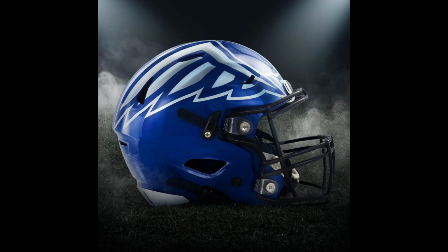The helmet harkens back, and it reminds me of a time when I was a little kid. Bear with me here, guys. I'm going to take you to a little bit of story, and I'm going to give you a little bit of what Tyler was like when he was younger. When I was a kid back in elementary school, especially in early elementary school, in first grade, second grade, one of the things that I loved to do was I loved to go to the store with my family, and I loved to go buy those little NFL helmets that came,